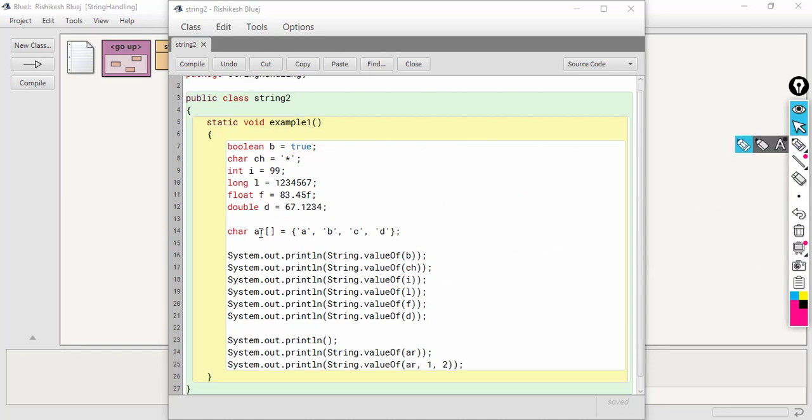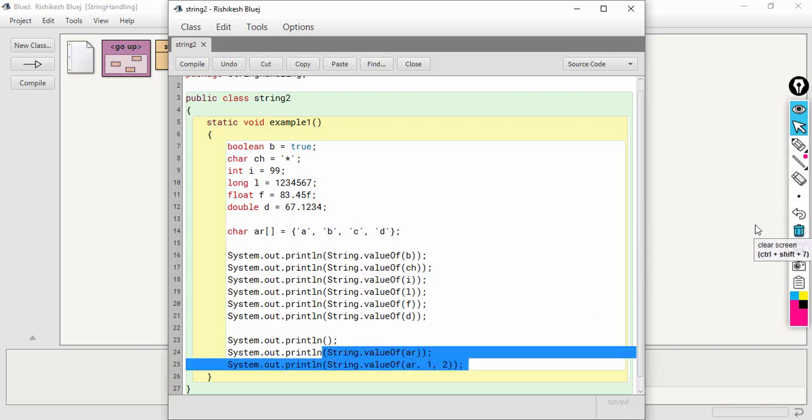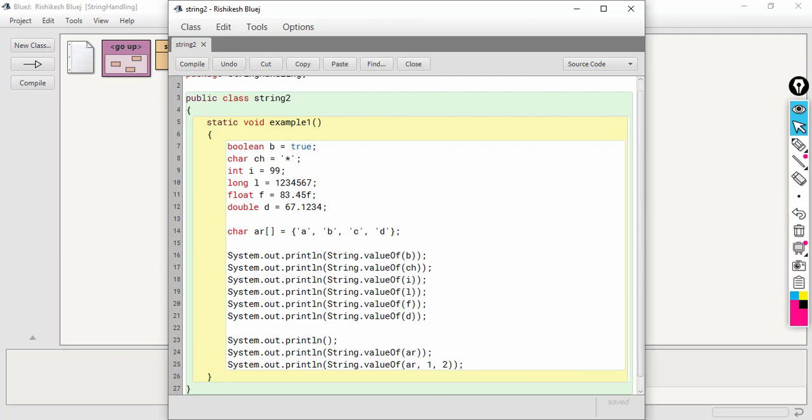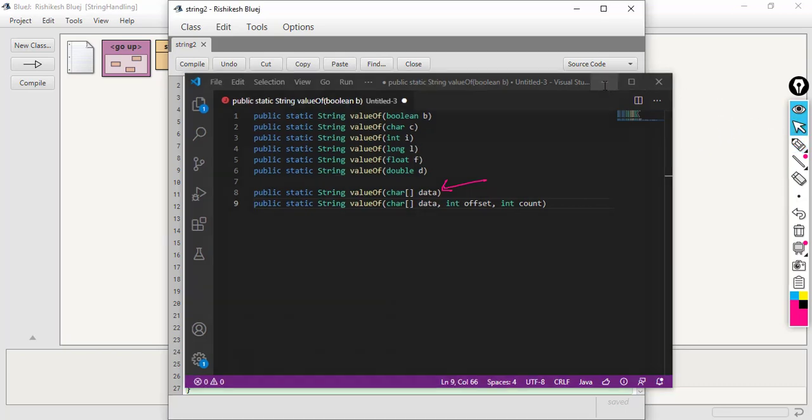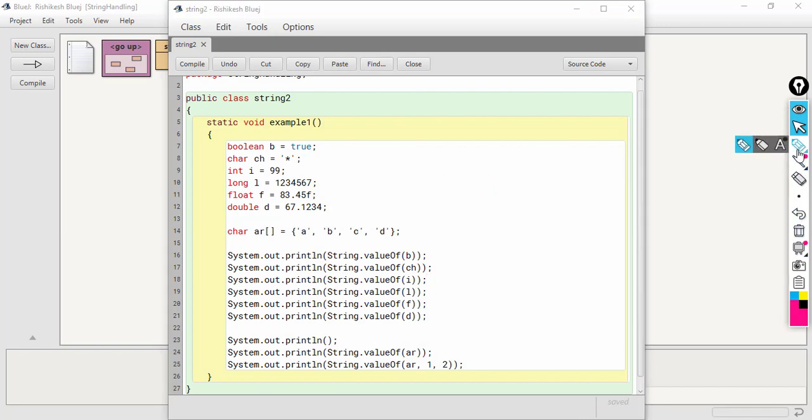Let's talk about the last two. So here if we see the syntax, the prototype, the first version takes only a single parameter, an array of character type. That is why I have created a character array here. Now I am passing this, what is the name of this array?